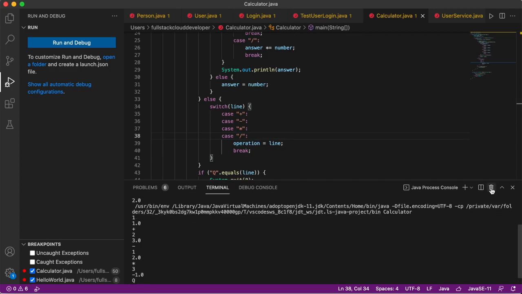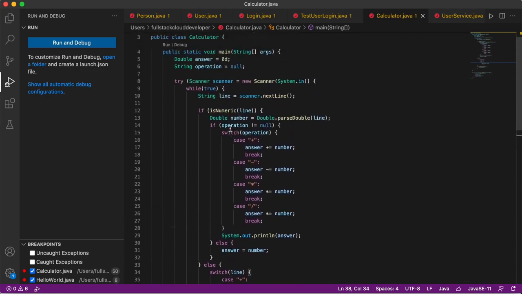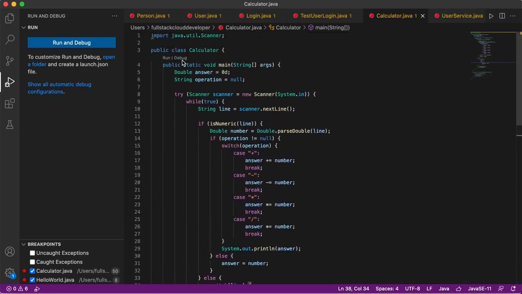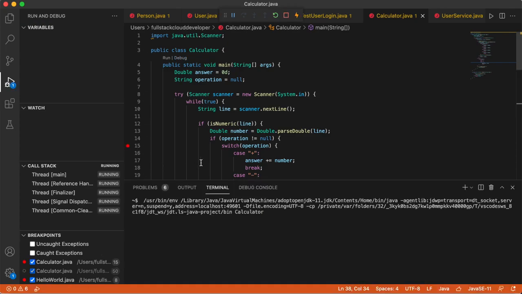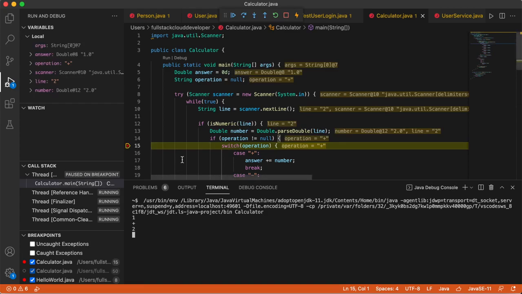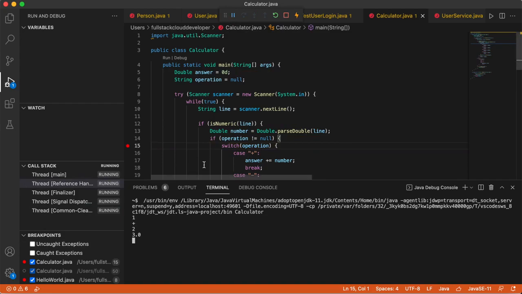All right, I'm going to close this terminal too, and I'm going to do a debug. And I want to see what happens on this operation. So I'm going to set it to line 15. All right, so here we go. 1 plus 2. And that's a plus operation, so I'm going to let that one go through because we know that one works. All right, let's do times